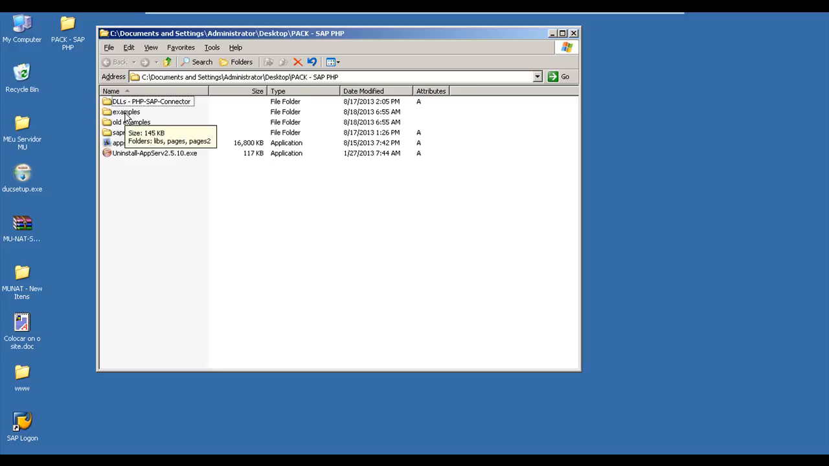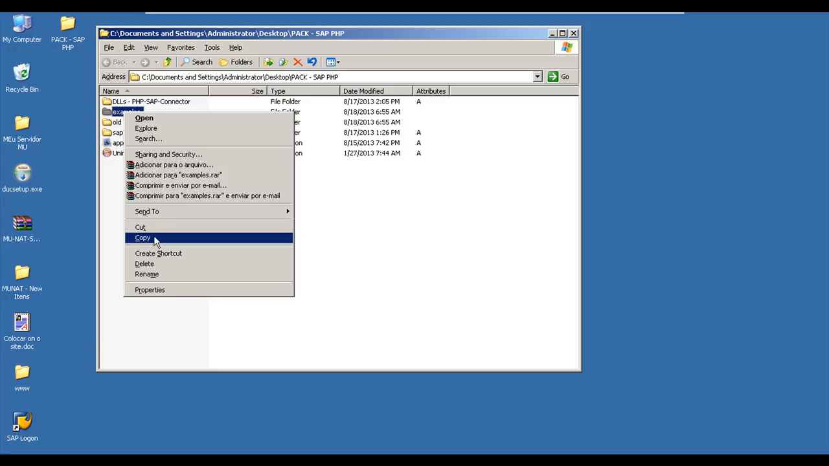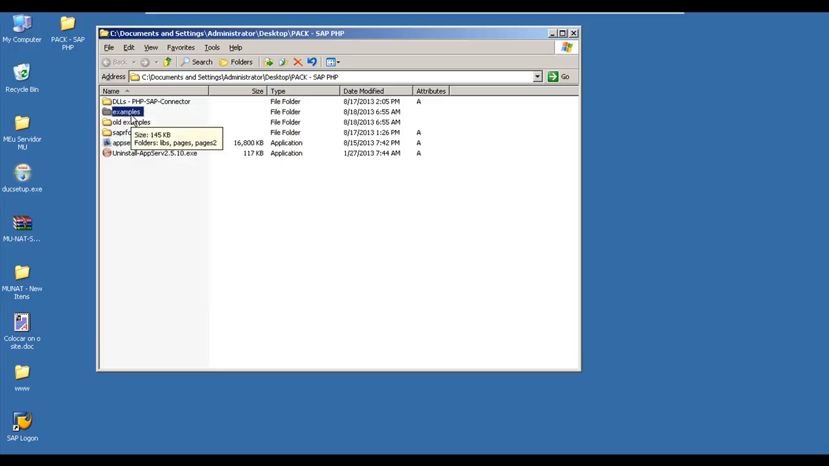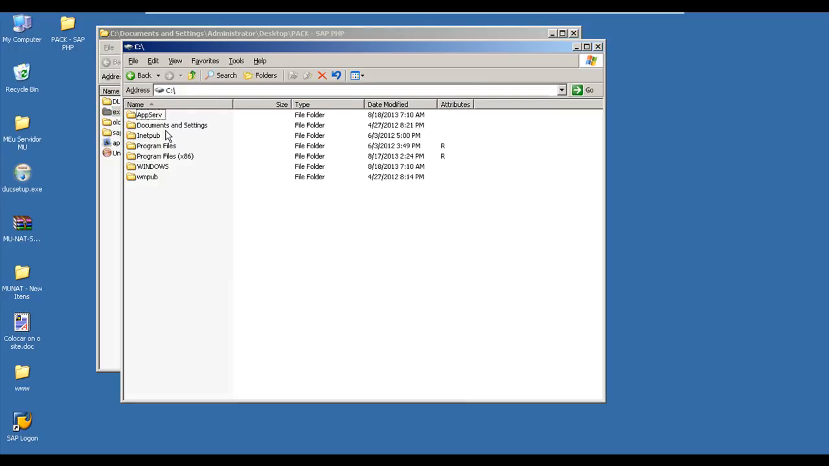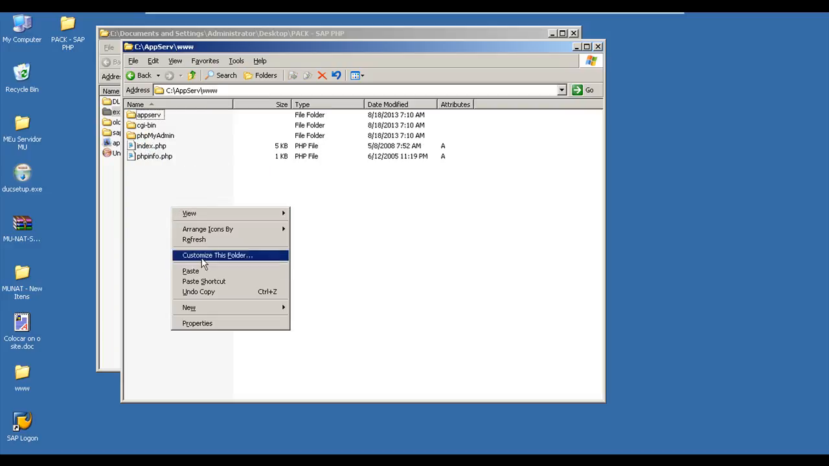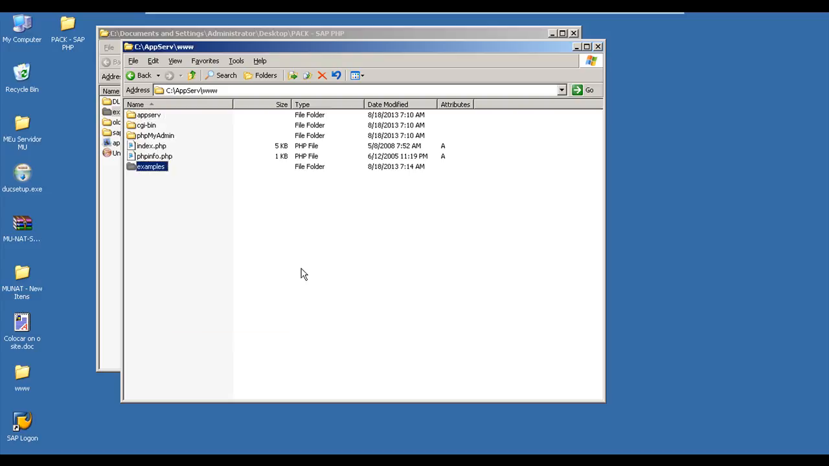Now, what we're going to do? If you download this tool from the SAPRFC webpage, you have some examples. These examples enable you to perform some tests and see if your connection between a web server and SAP is working or not. Go to this folder, www. Here is where you can, how can I say, put your web files. Okay, so